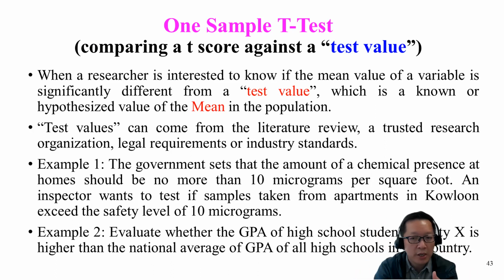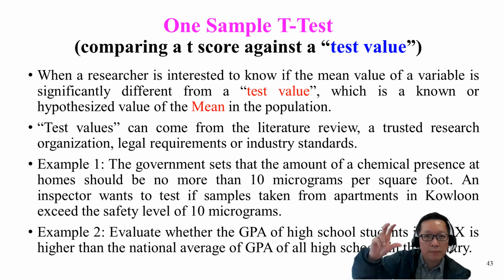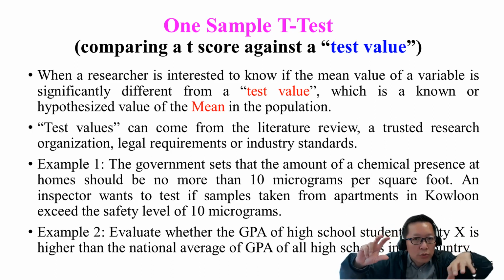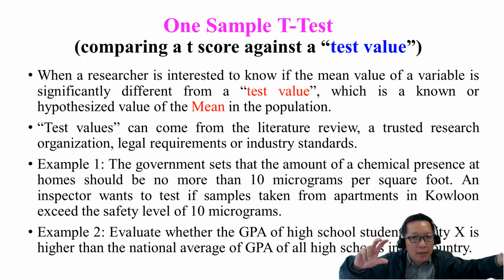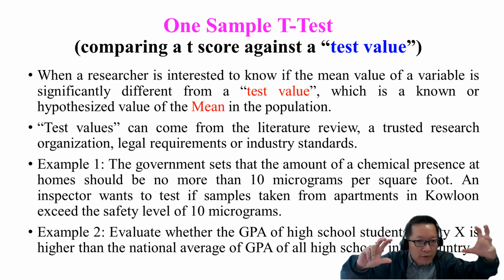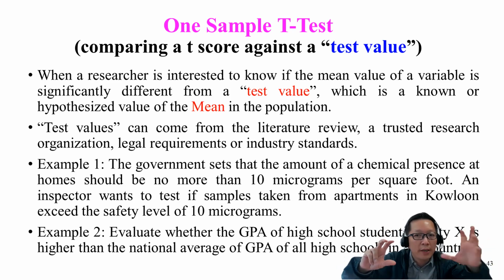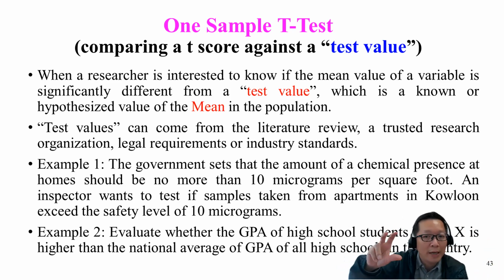Just one example, the government says there's a certain standard of a particular chemical that homes should not exceed, right? And then you go to people's homes, like, I don't know, hundreds of them. You collect the chemical samples and you calculate the one sample t-test to compare against that 10 micrograms as